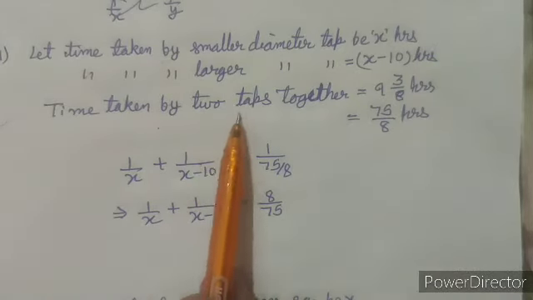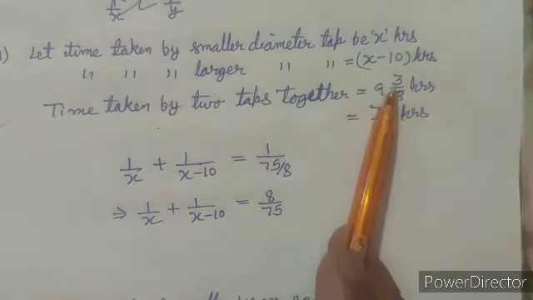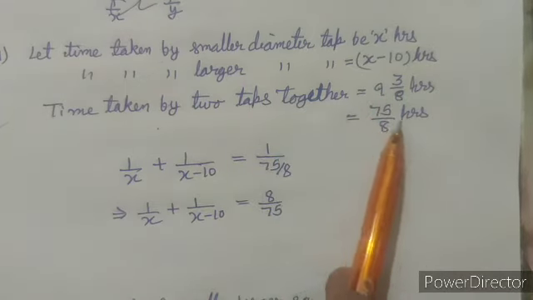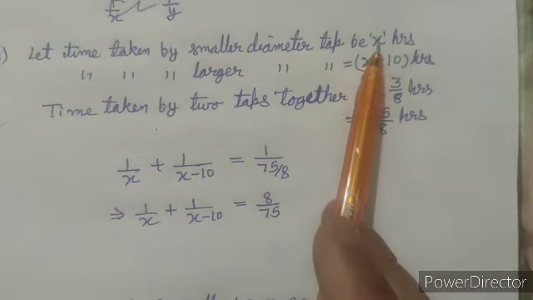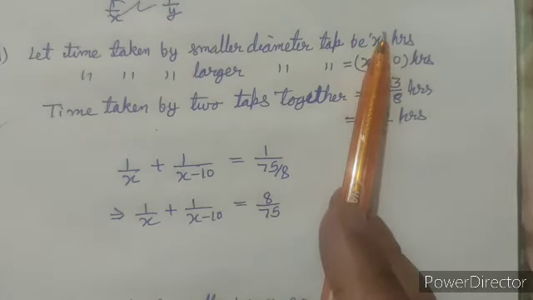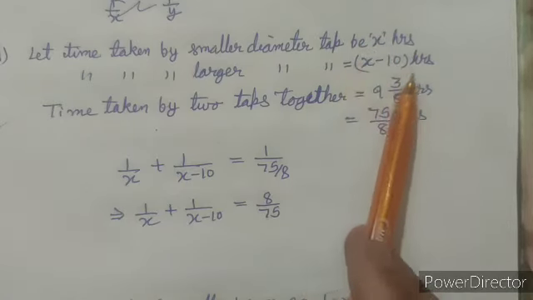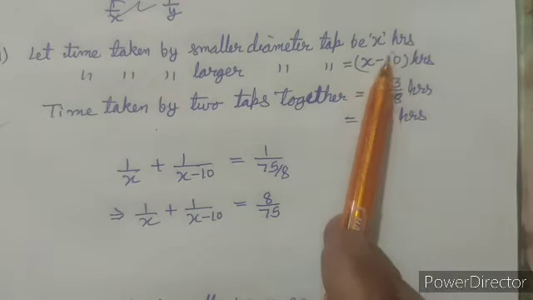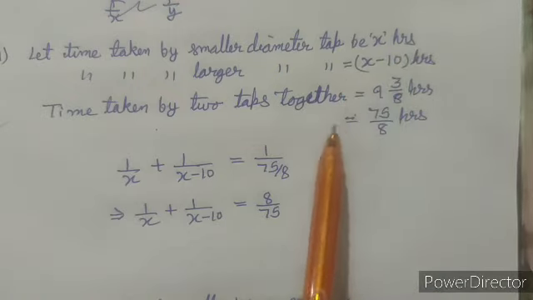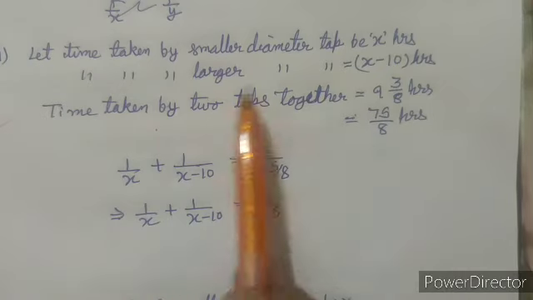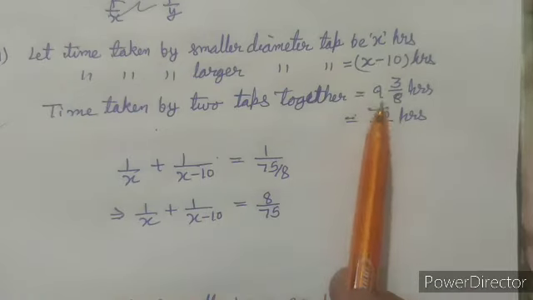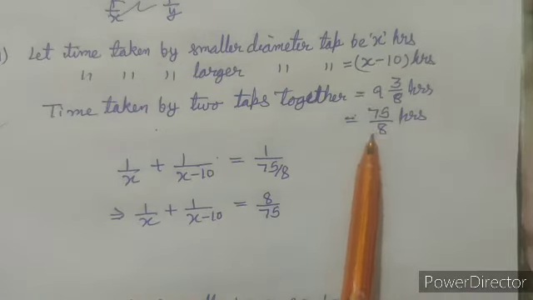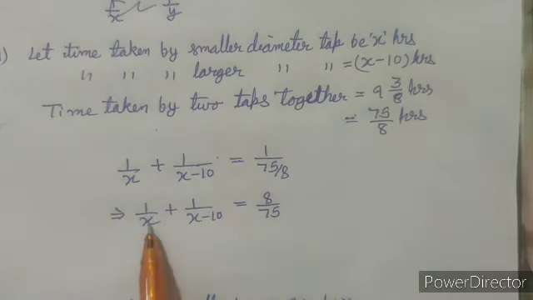Now time taken by two taps together is 9 3/8 hours, that is 75 by 8 hours. Now that means part of the tank filled by smaller tap in 1 hour plus part of the tank filled by larger tap in 1 hour will be equal to the part of tank filled by both taps together. That means this will be 1 by x plus 1 by x minus 10 will be equal to 1 by 75 by 8, and this will give us 1 upon x plus 1 upon x minus 10 equal to 8